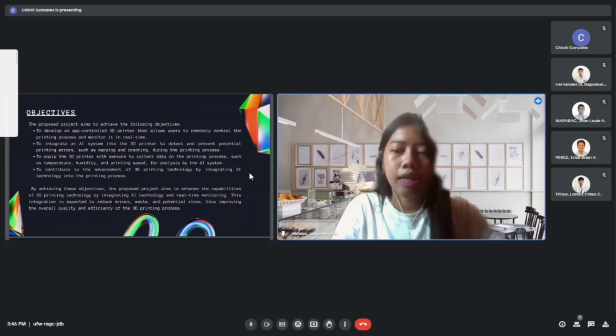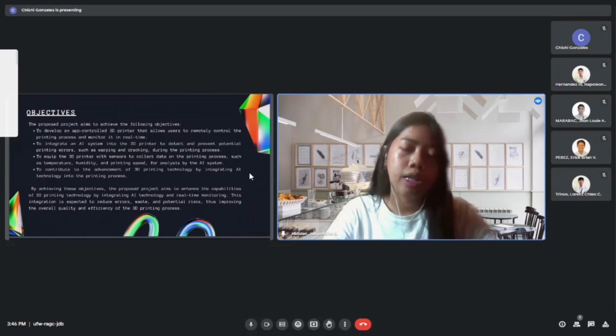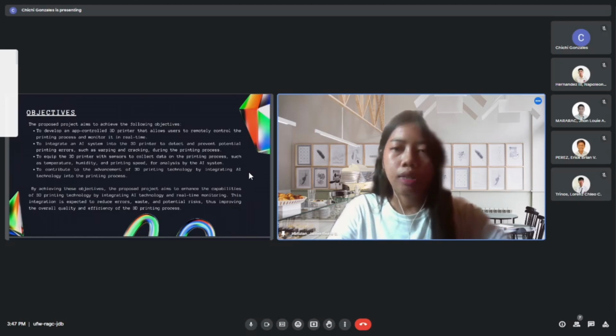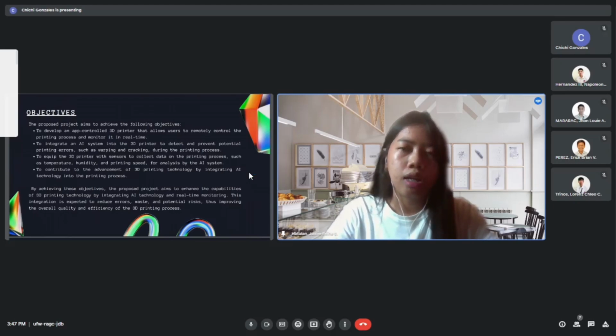So the AI system can analyze various factors during the printing process, including the temperature, the filament flow, and even the printing speed to identify potential issues that may lead to printing errors during the printing process. And it can then take proactive measures to mitigate these failures, such as adjusting the printing parameters or notifying the user to intervene. So the integration also helps improve the quality and success rate of the 3D printing while minimizing the chances of